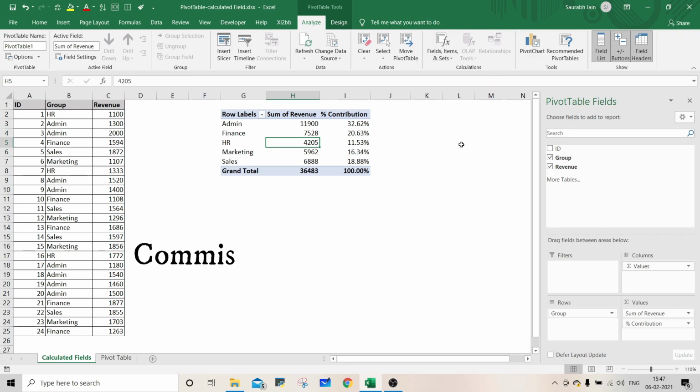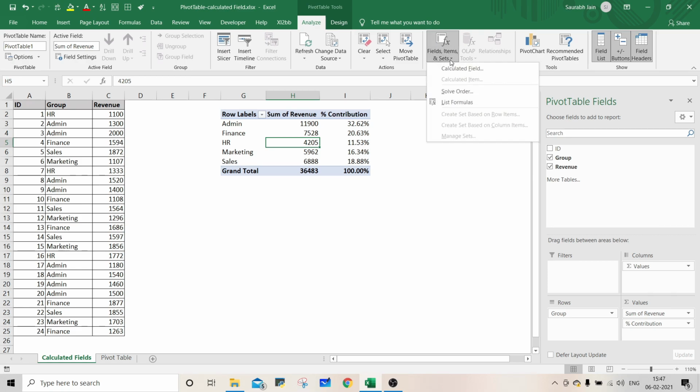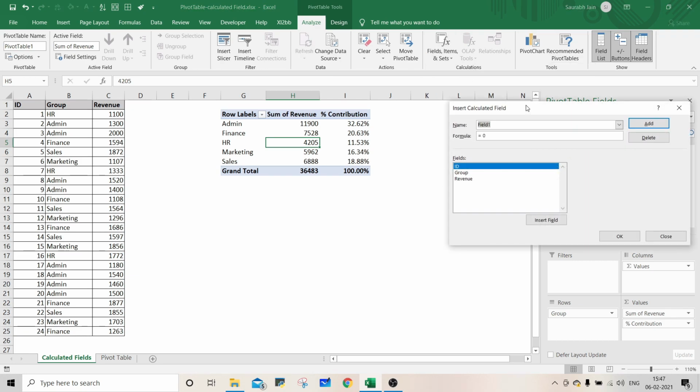Now for example, if commission is 10% of revenue, then to add the calculated field commission, select any field in the pivot table and in the analyze group, click on fields, items and sets option and select the calculated field option.